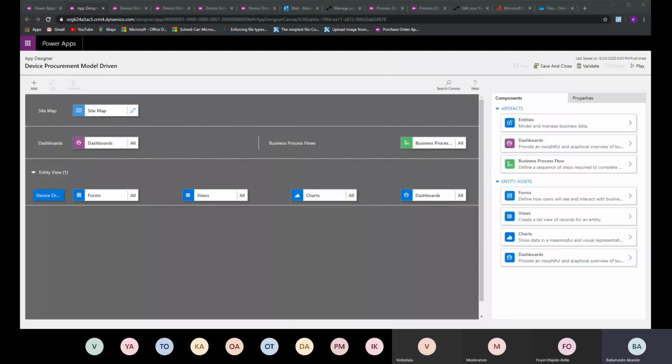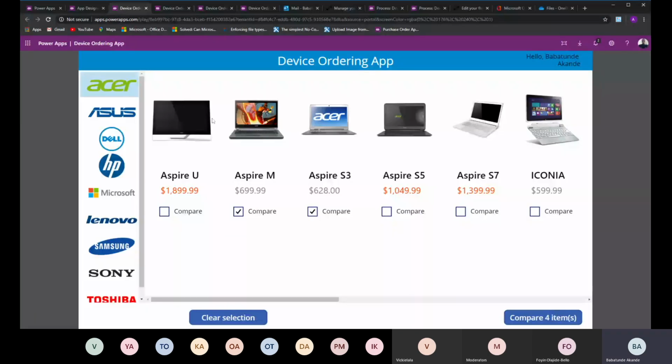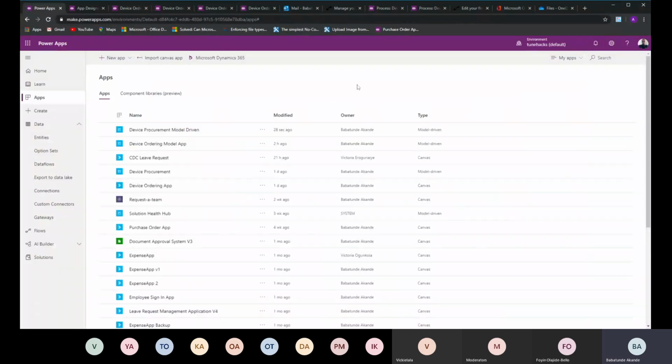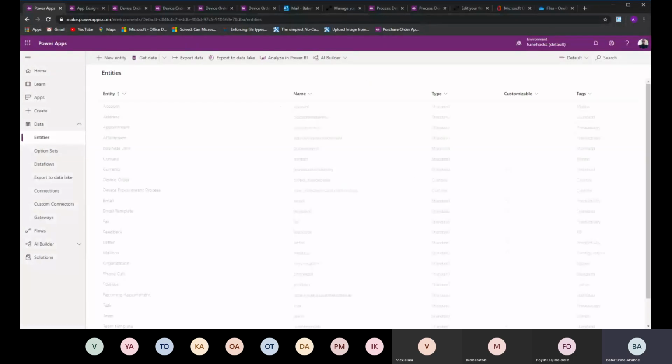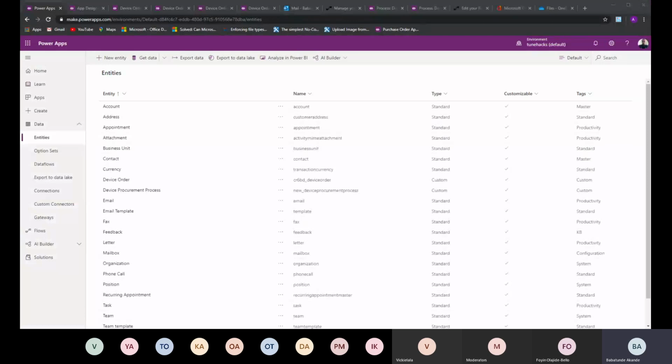So, for example, in this case, you can see that we have devices with different price ranges. We have some that are above $1,000, some below that, and all of that. So we want to say maybe when it's beyond a certain amount, it should go through some levels of approval. So one of the things we need to do is, if you go back to our apps and go to entities, as you know, we are dealing with our device order entities, right? So we want to create,